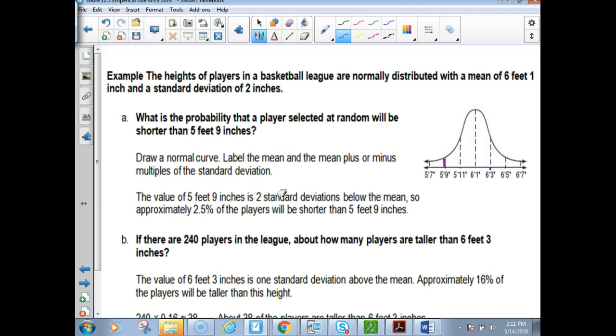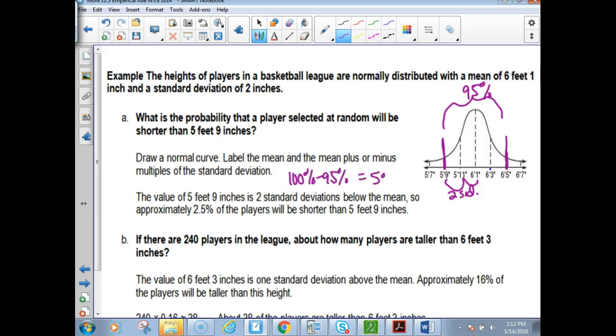The value of 5'9" is 2 standard deviations away from the mean. So approximately 2.5% of the players will be shorter, and I want to explain how they get that. From here to here, 2 standard deviations to the left and the right, is 95% of the data, right? Within 2. Okay, so if we have 95%, what they did was 100% minus 95%, which gave them